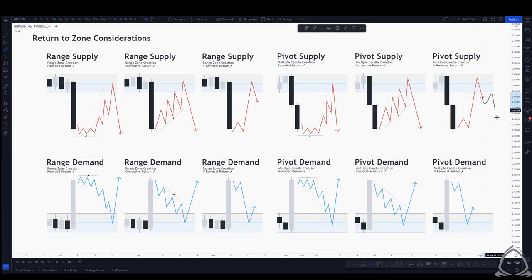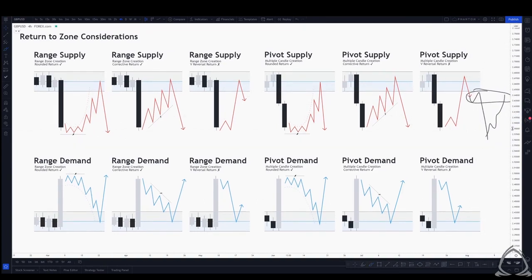Or if you do get some sort of reaction that does follow through, you might be able to trade a newly created pivot that has maybe a better return into it, a rounded return or a corrective return. And one final thing that I wanted to touch on in regards to return to zone considerations: what you'll often see on the zones that play out the most, and this may sound a little bit confusing initially because I had just said that the V reversal, or that aggressive move back into a supply or demand zone, tends to be lower probability,